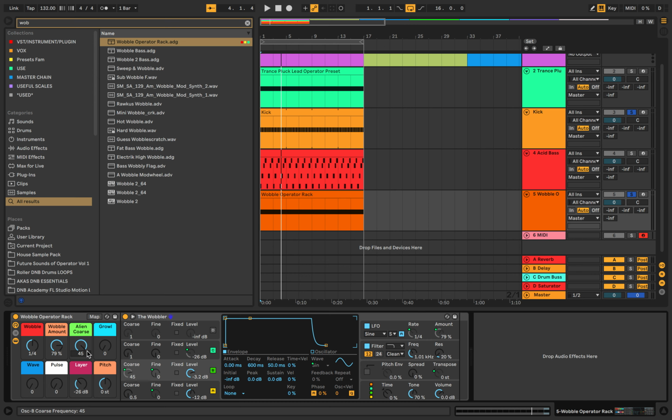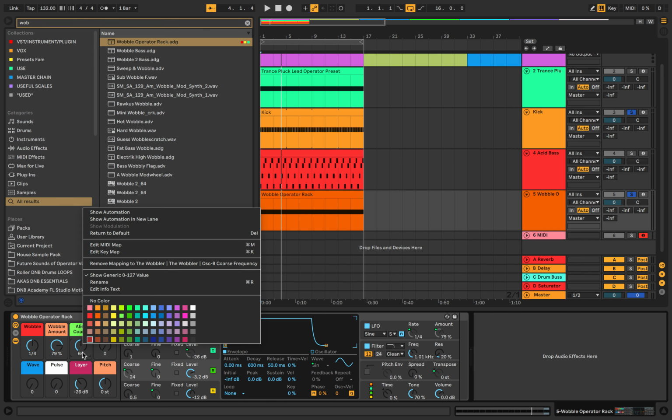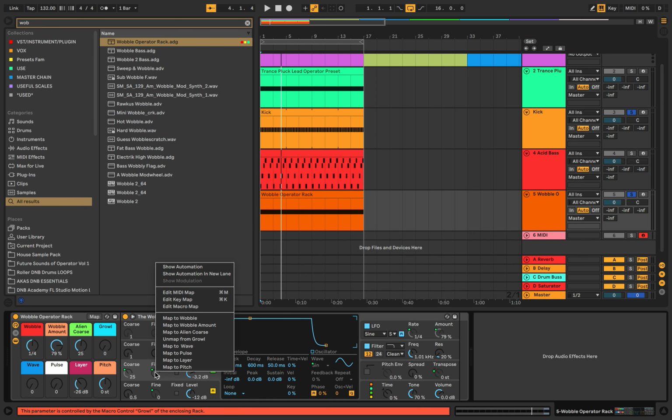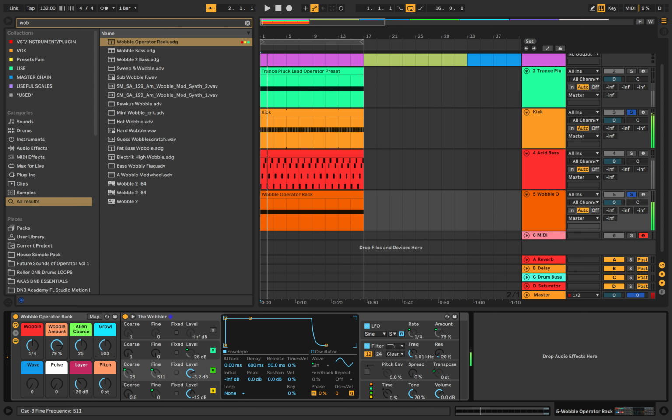So coarse goes up to 48, so you might prefer everything to have the same generic value. So for example, that would change it to 64, but that's fine. I know what I'm doing with that, so I'll just leave that. And then we've got fine tuning, which is, I should call that growl, which just gives it that sound. It's pretty cool. And then wave